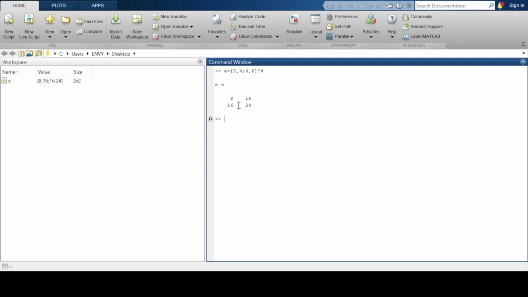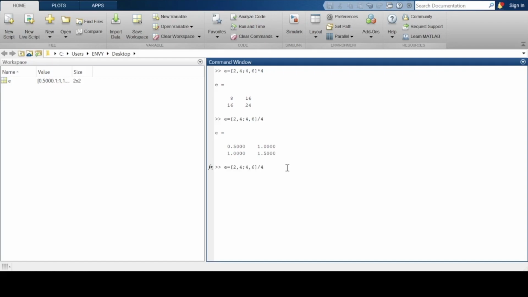We see that individually it multiplies every element of the matrix. We can also do division by the same number. Each element gets divided by 4: 2 by 4, 4 by 4, 4 by 4 and 6 by 4. And in multiplication, 2 into 4, 4 into 4, 4 into 4, and 6 into 4.